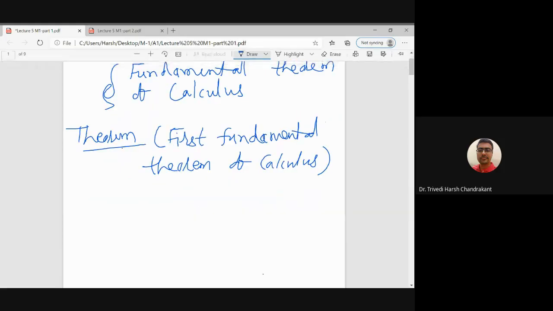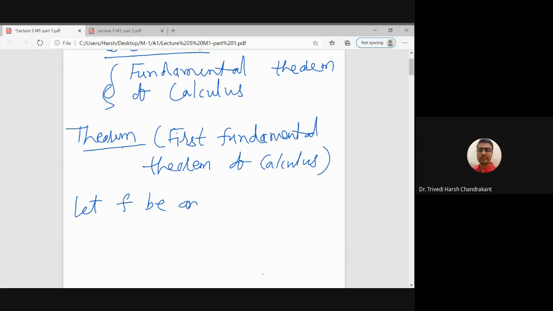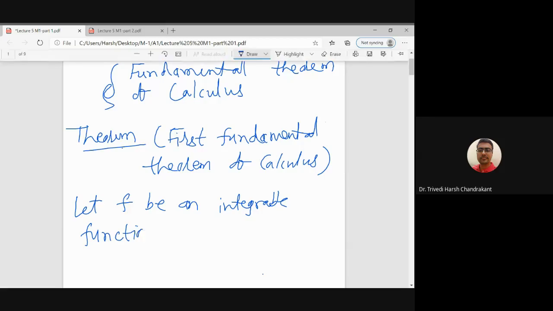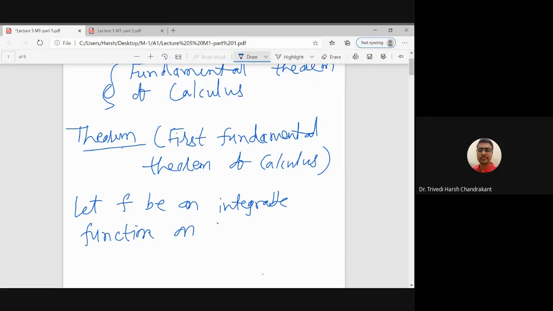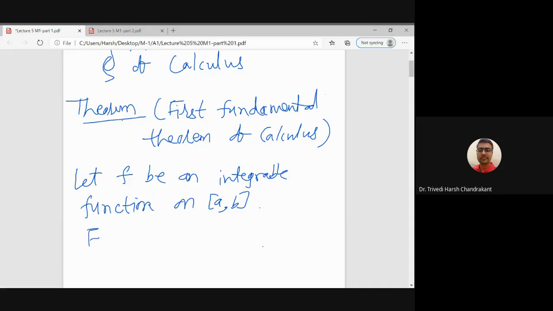This theorem says that if we have an integrable function on closed interval AB, then for all a less than or equal to x less than or equal to b,